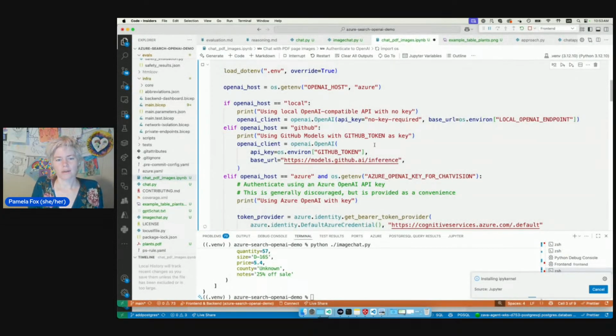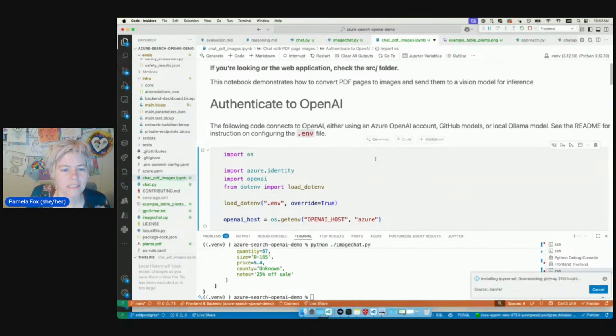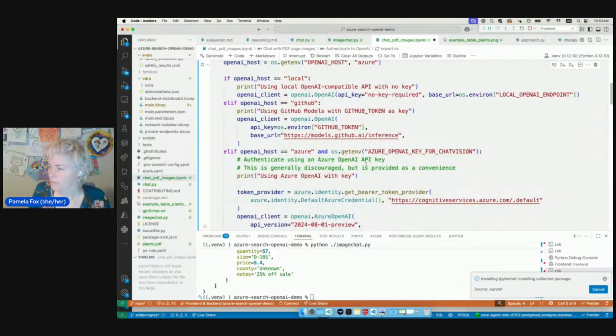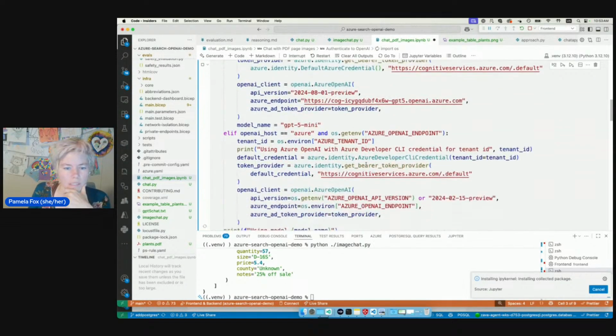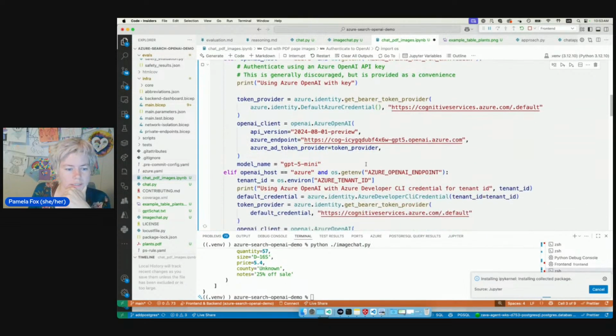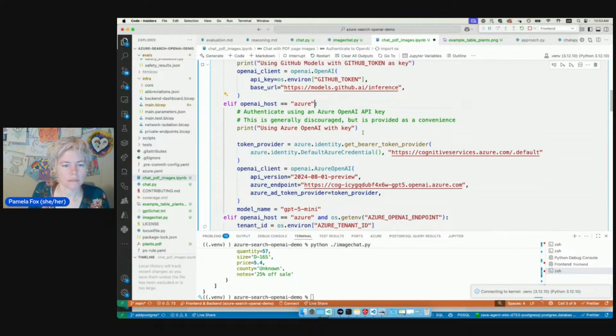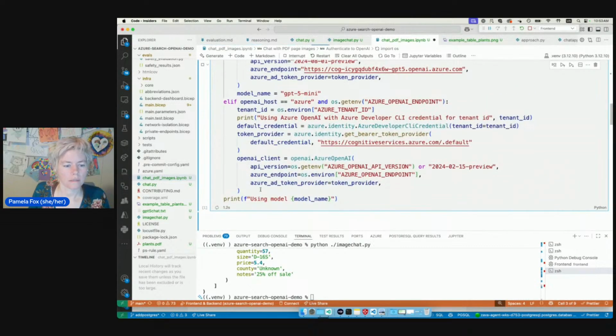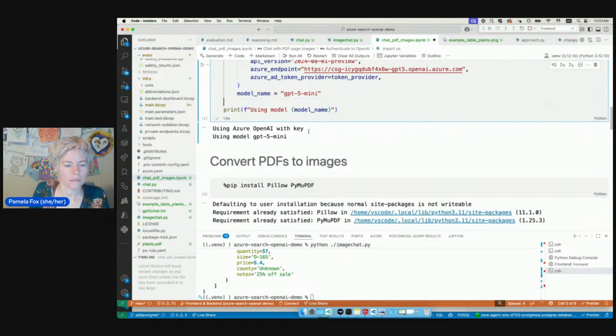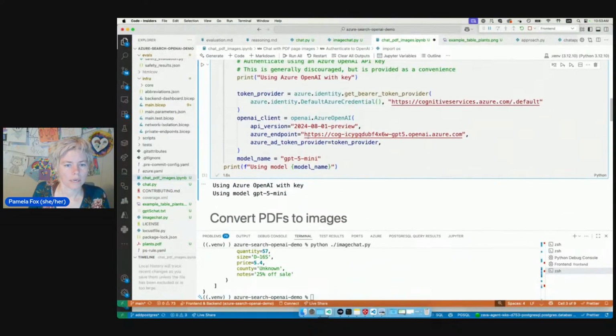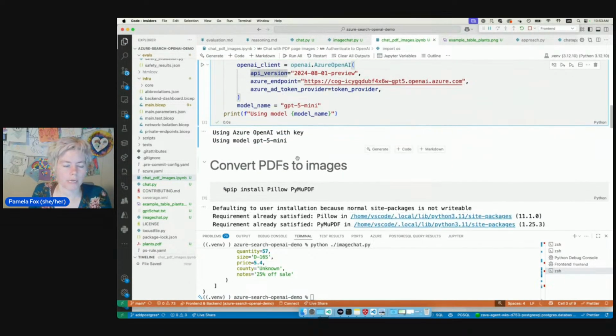Okay. Install the Jupyter package. Don't have it in this environment. Let's see, is it gonna work? Oh, I need it. Let me just stay in. All right. So using Azure OpenAI with